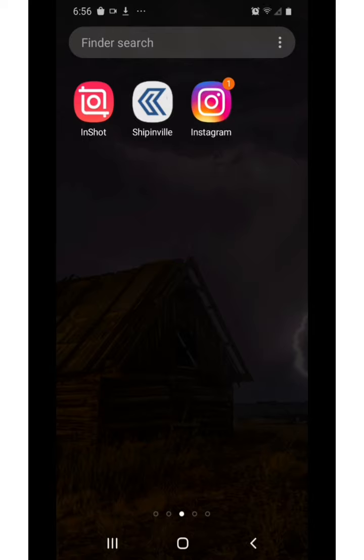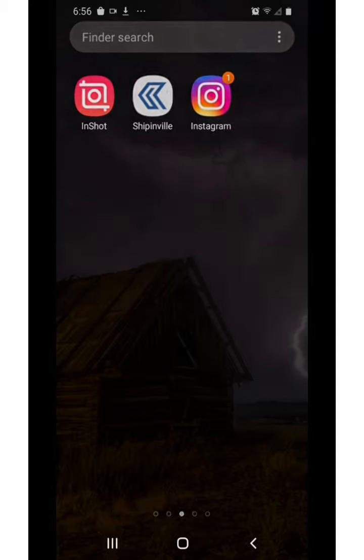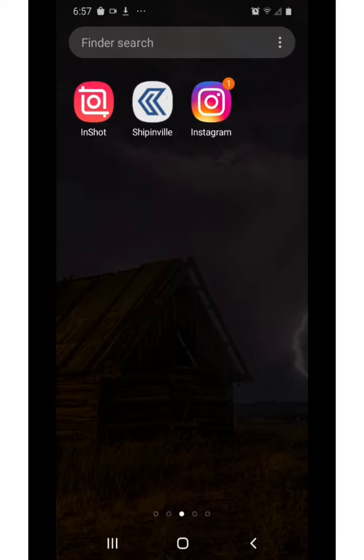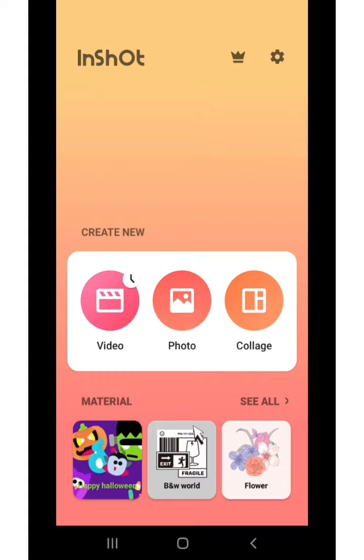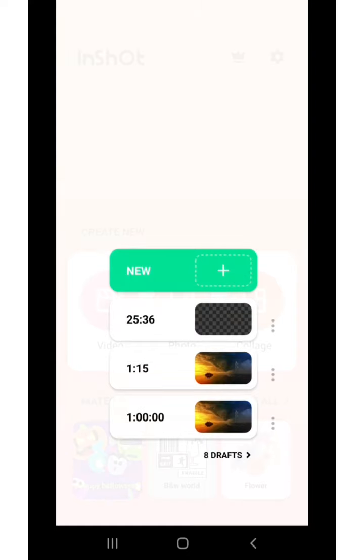Today I'm going to show you how you can create a simple PowerPoint video using your smartphone. All you need is the app called InShot. All you have to do is go to Play Store and download InShot. This is the icon right here. We're going to click on video, click on new,